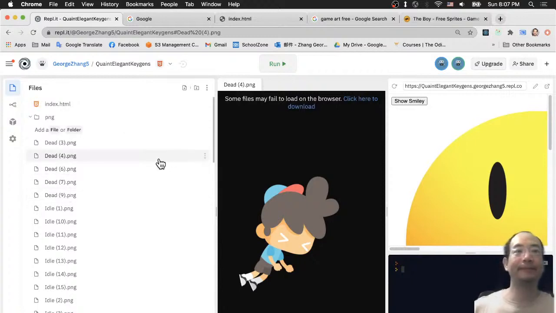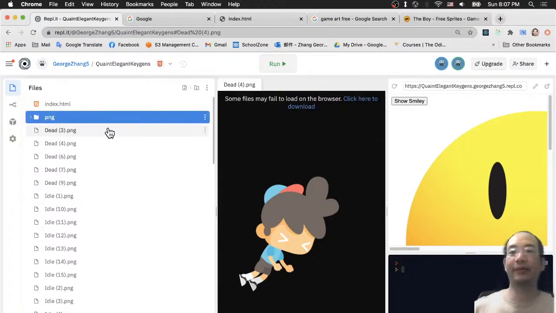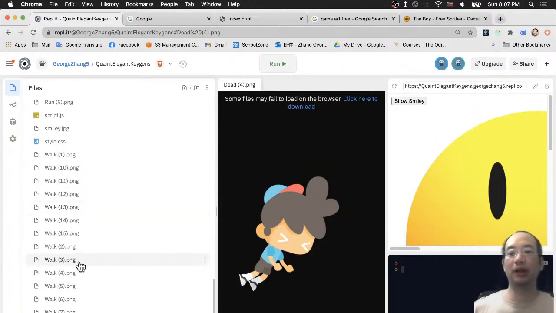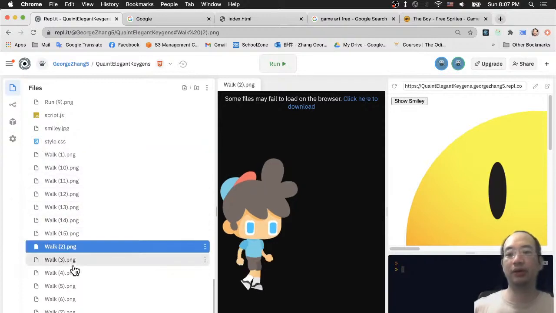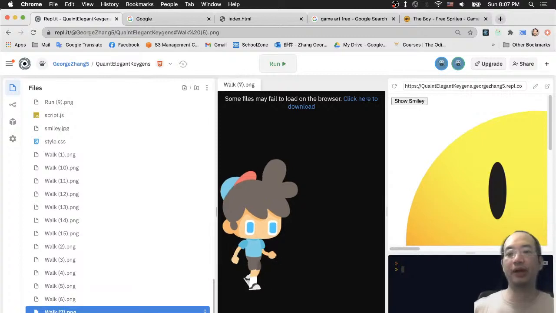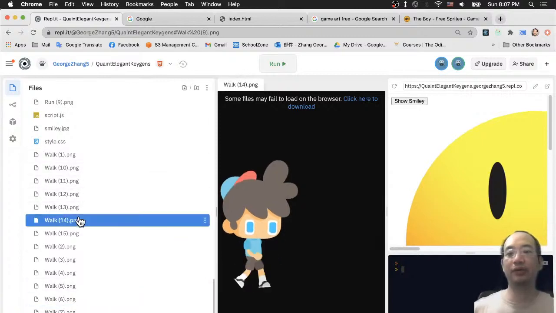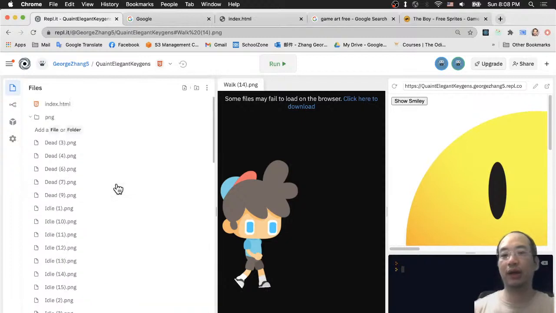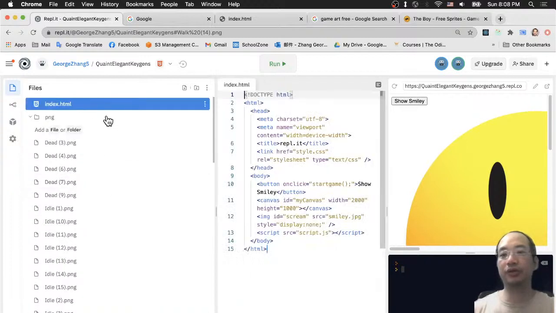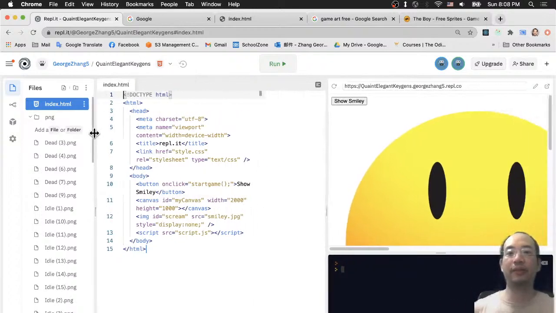All right. I think you guys already have the files in your project. At least you have walk1, 2, 3, 4, 5, 6, 7, 8, 9, 10, something like that, all the way to 14. Okay, so let's just go back to the HTML, index.html,